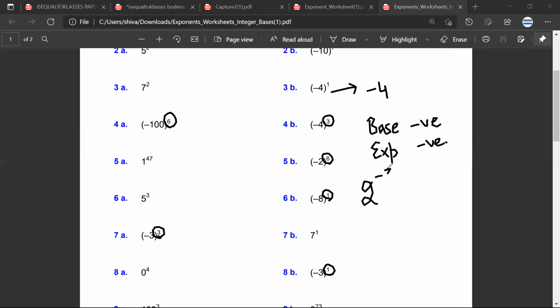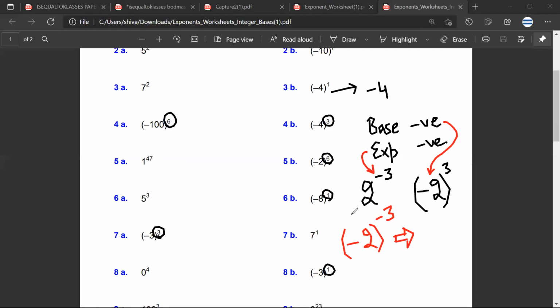See, 2 raised to power minus 3 and minus 2 raised to power 3. Please see here, the exponent is negative. And in this case, the base is negative. Sarthak, can you see? Yes, sir. Of course, there can be a case where both are negative. I'm not saying that that can't be a case. And this is a case that we had done last time. Now, in this case,